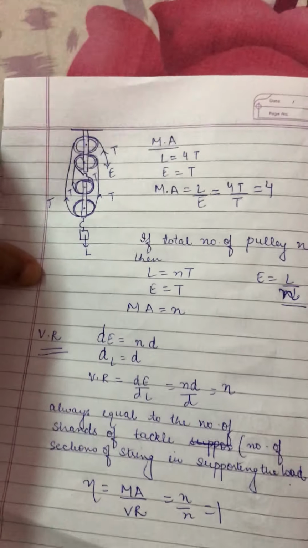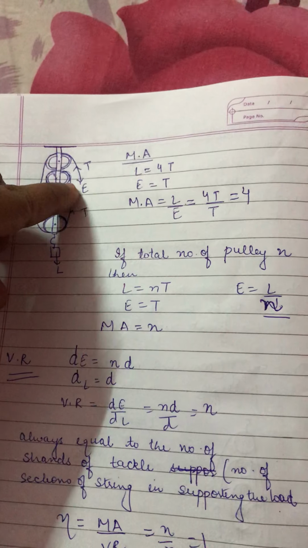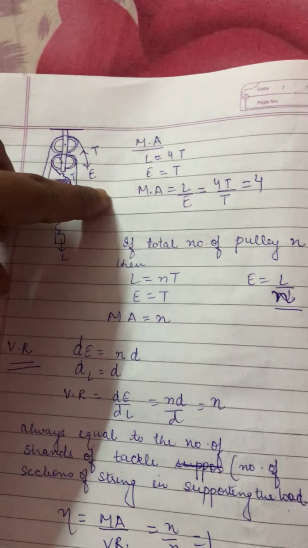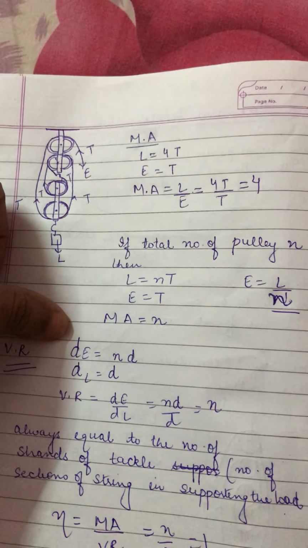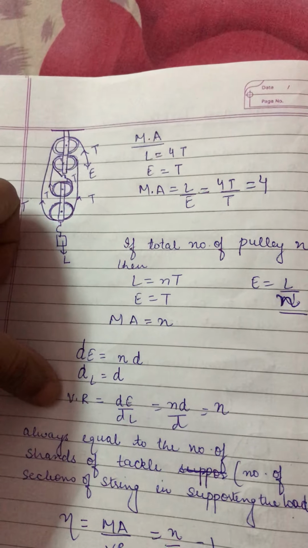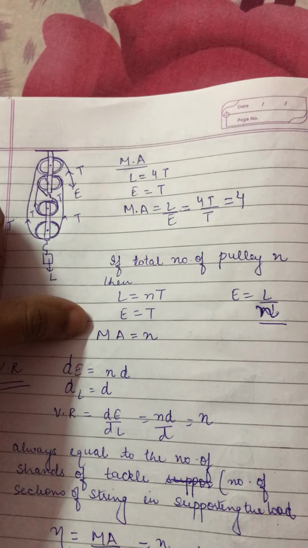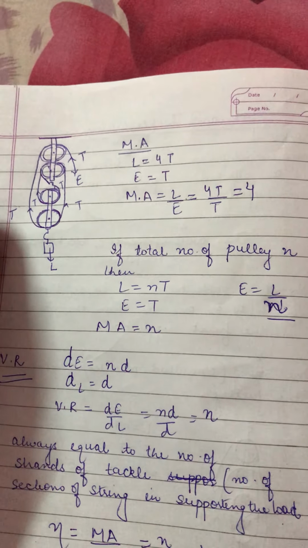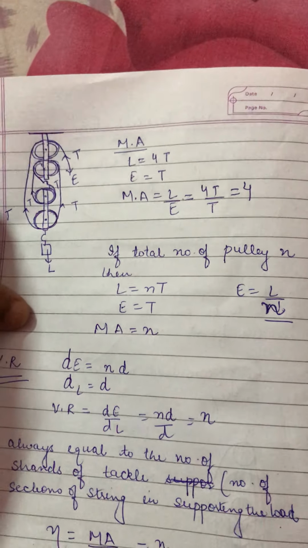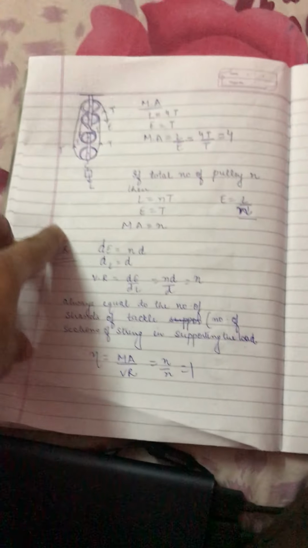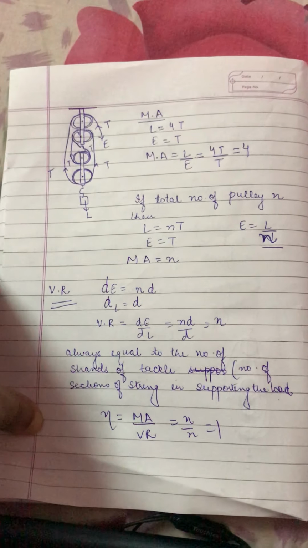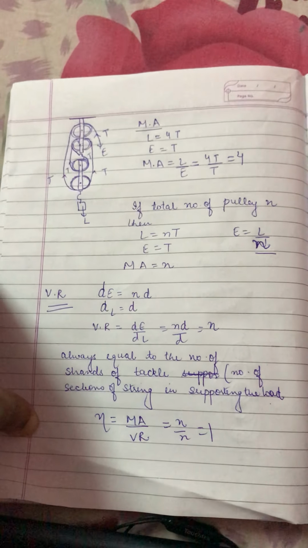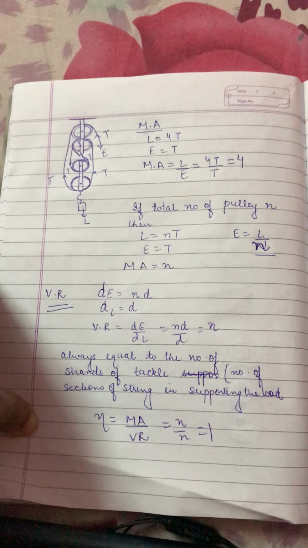Now बच्चा, if we are talking about the velocity ratio, इसमें फिर वही बात रहेगी. सिंगल स्ट्रिंग है, this string will move. How much this string will move? If you are moving the effort through n distance, how much is the load moving? अगर हम n की बात कर रहे हैं, so how much velocity ratio we are having? That will be equal to n. उतना ही distance move करेंगे. So as we have done in the case of the movable pulleys, we are having velocity ratio n. It's always equal to the number of strands of tackle section of string supporting the load.